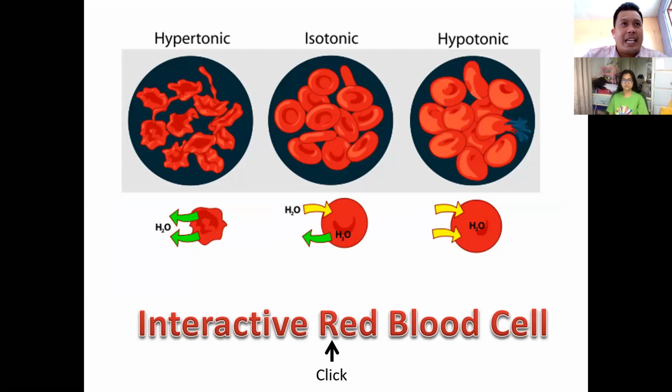Notice the hypertonic is like a sickly cell, when you have no water molecules inside. This is the normal isotonic, the one in the middle. It's like the normal shape of the red blood cell. But in a hypotonic, notice some molecules there burst or explode because of too much pressure inside the cell, that the cell membrane cannot anymore contain the pressure of water